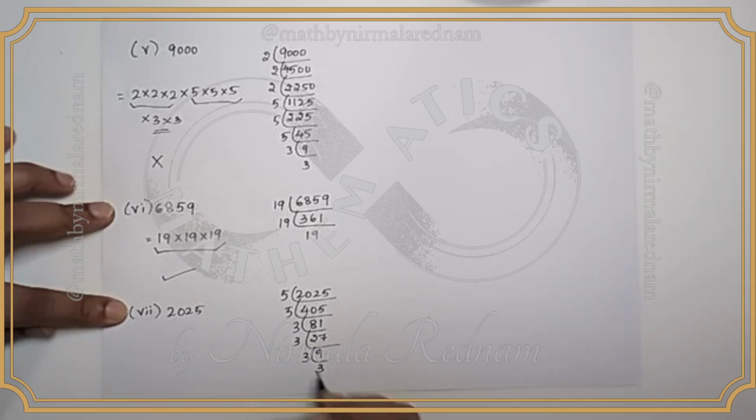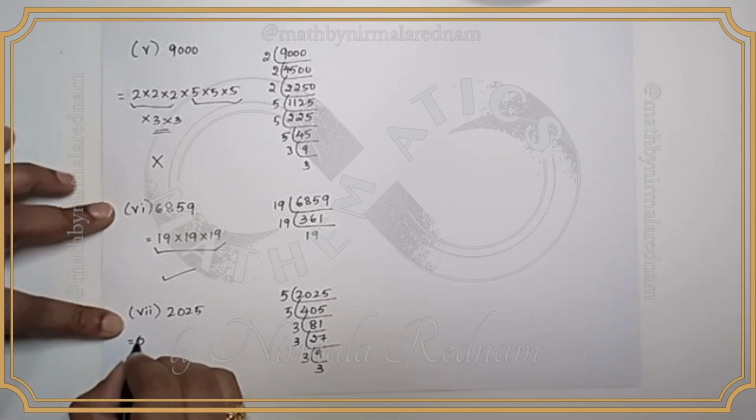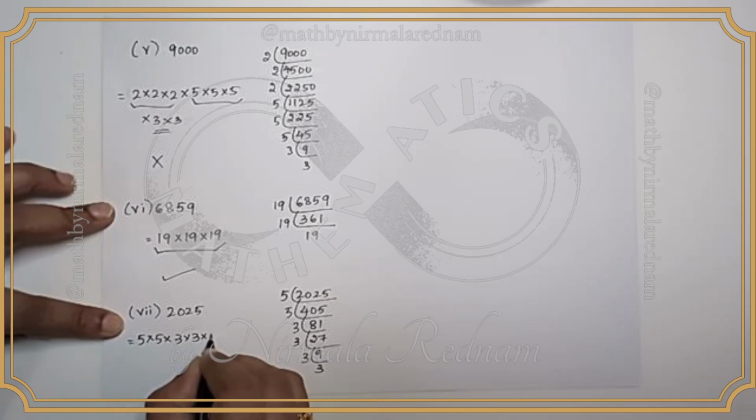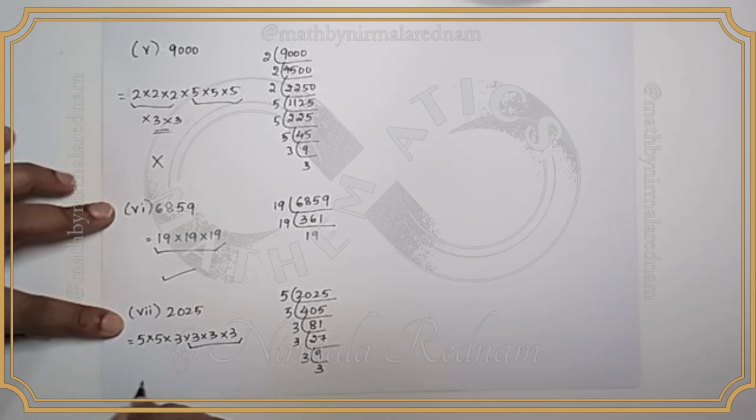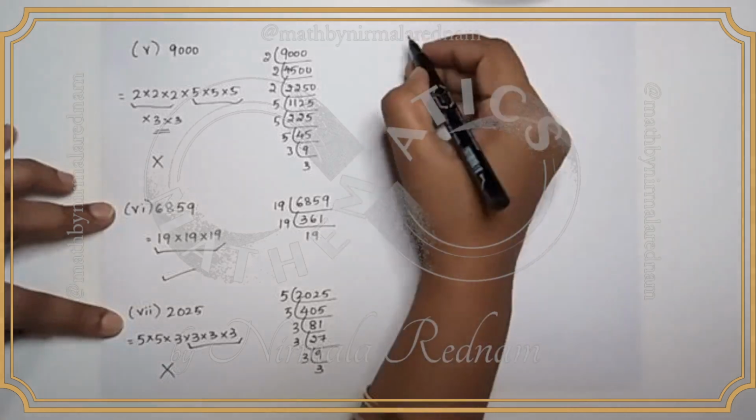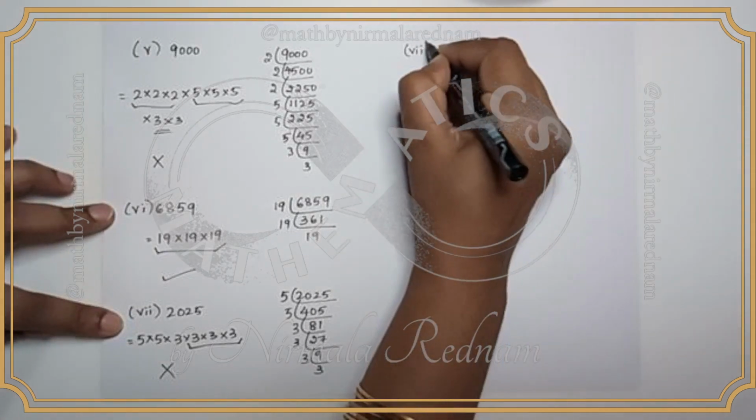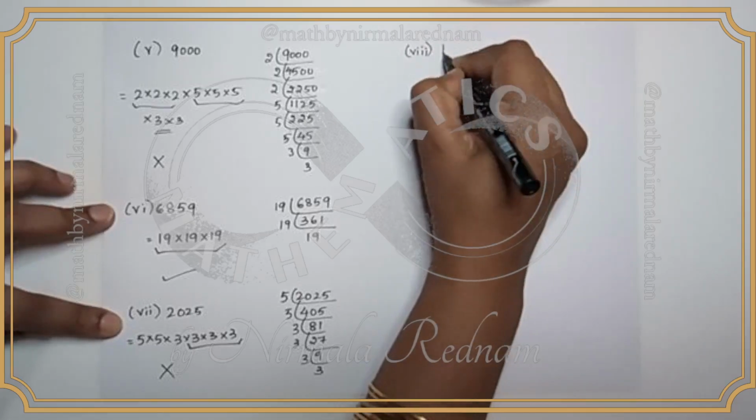So clearly you can see that this is not going to work out. I have only two 5's, and even the 3's are not pairing up. I have a single 3 left out. So this is not a perfect cube. Next number that they have given is